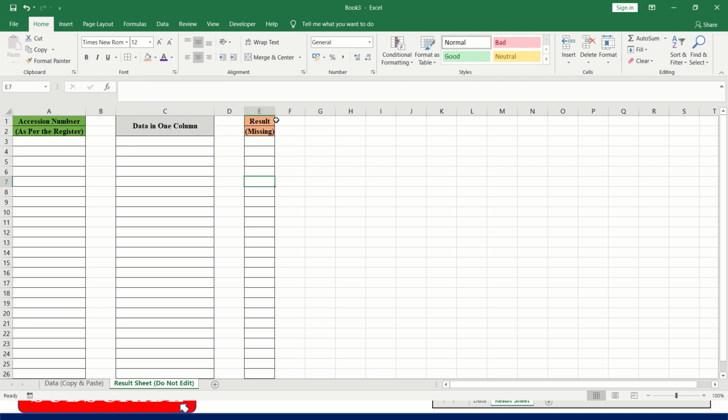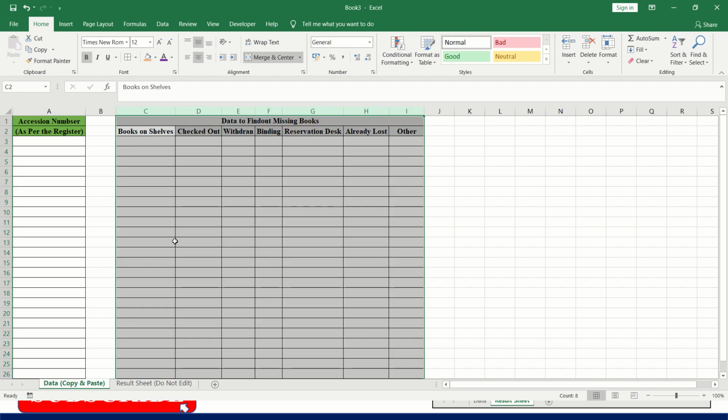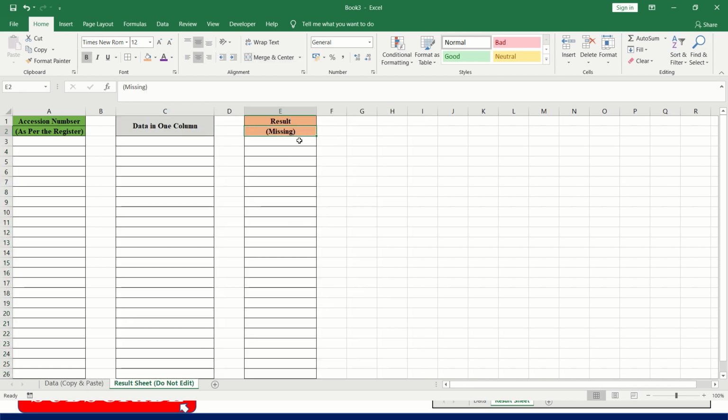Now you have to apply two formulas here. One formula is to convert the data, to bring all these columns into one column, and the other is to find out the missing list. So first I will insert the formula here. You have to apply the INDEX formula here. But before that,